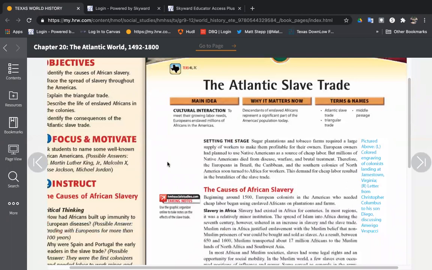I'm going to read these 6 questions to the people recording right there. What was the history of slavery before 1492? Why did Europeans begin importing slaves into the Americas? Describe the growth of slavery in the Americas. What was triangular trade and how did it work? And what was slavery like in the Americas? What were the effects of the Atlantic slave trade? Those are going to be the 6 questions that we'll go over today. While you're writing this down,